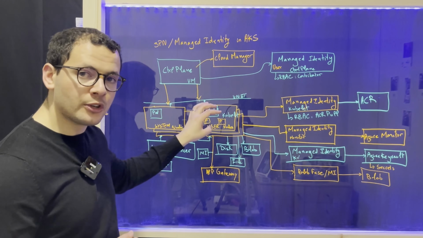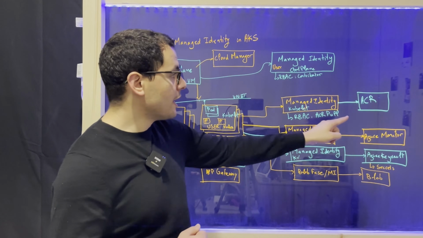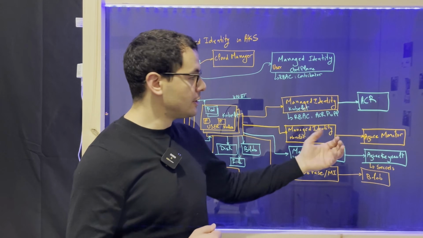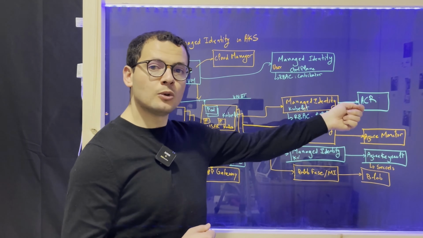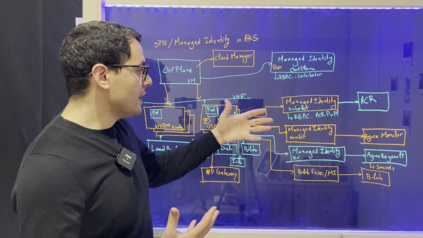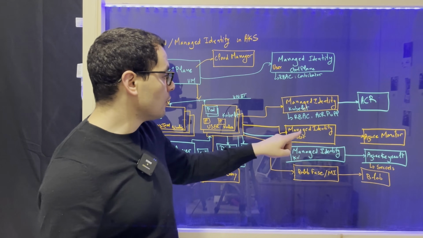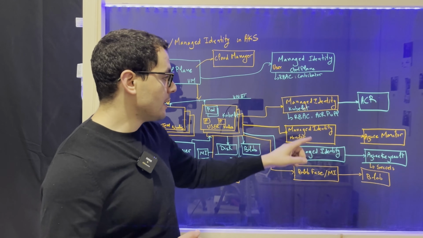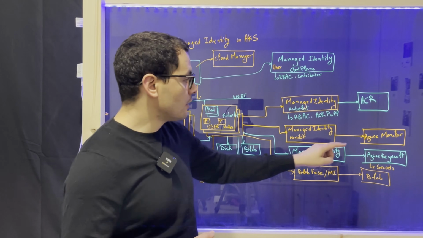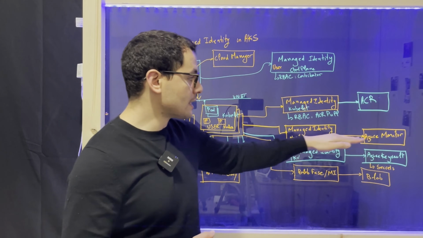by the pods deployed into these node pools, like a managed identity in order to connect to the ACR, the Azure Container Registry, to be able to authenticate to get the images and deploy them into the cluster. If we enable some other plugins like Container Insights in my cluster, that will go also to create its own managed identity and use that identity in order to authenticate to the Azure Monitor to send the logs and metrics